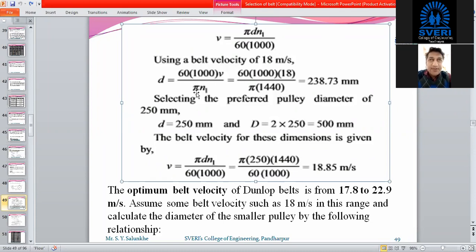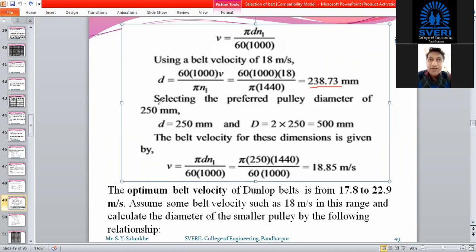Divided by pi n1, where N1 is 1440 rpm. Pi, 60, 1000 and 18 are all known, and hence we get the diameter of the smaller pulley as 238.73 millimeter. Based on the same thing, you can calculate the diameter of the bigger pulley also.